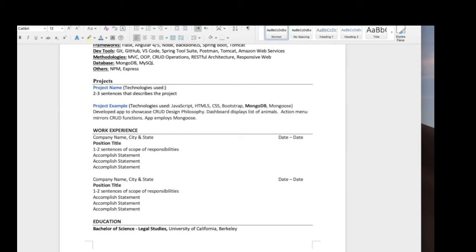And then finally, we're going to end it with the education, what your college degree is. There's one caveat here that I want to mention, and that is if you are a recent graduate of the last, say, 2 years, I would suggest that you move education to directly below projects and above work experience. The reason is that you want to show the recruiter what you've been doing during that time, and if there was a big gap between now and your work experience, that could be a red flag for them. So if we immediately show your education and then your most recent work experience, that's going to resolve the question.